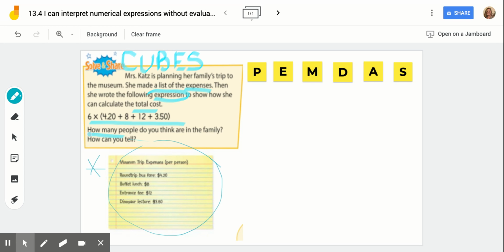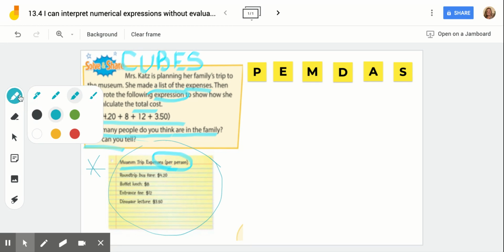How many people do you think are in the family? How can you tell? So looking at this expression and what I know in my chart right here, this is the museum trip expense per person. So based on this expression, I would say it's fair to say that there are 6 people